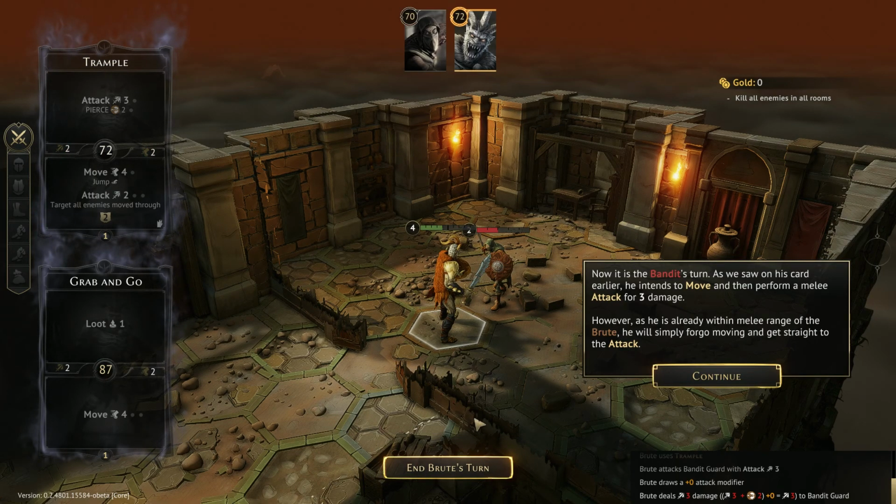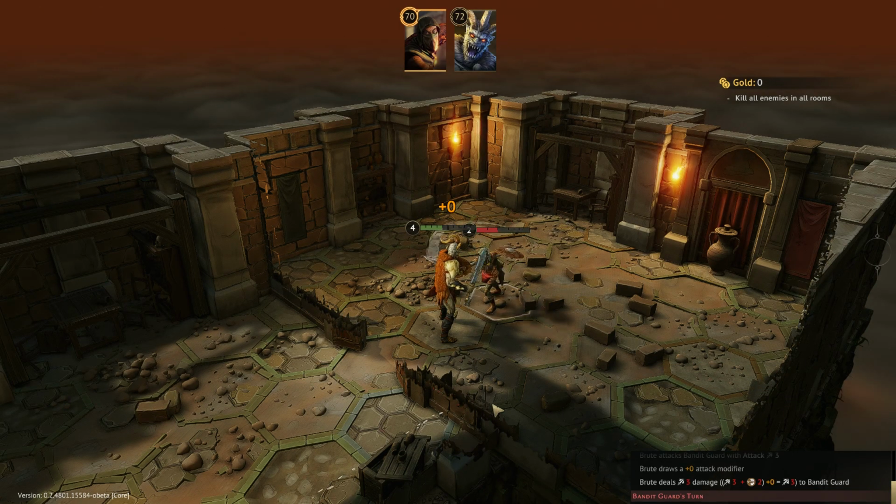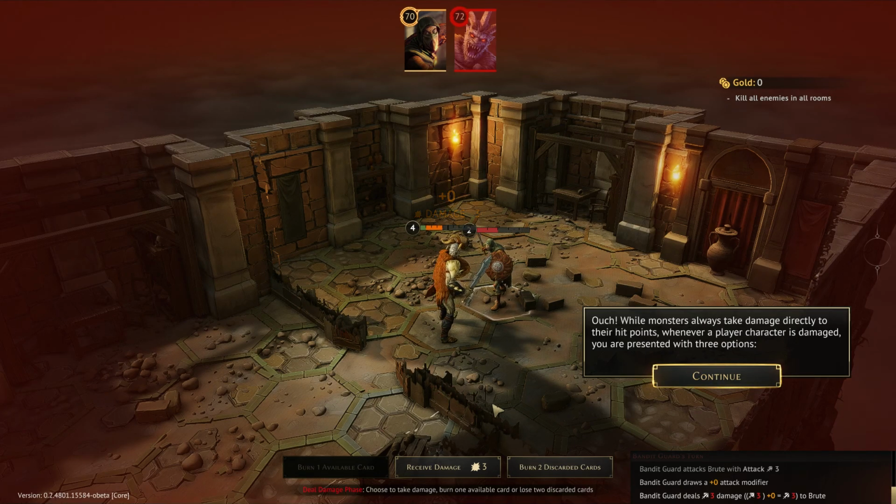And in the turn, now the bandit is going to go. So he's going to move and attack 3, but since he's already adjacent to us for a melee attack, he'll probably just attack us for 3. Ouch. While a monster always takes damage directly to their hit points, whenever a player is damaged, you are